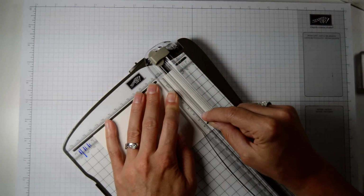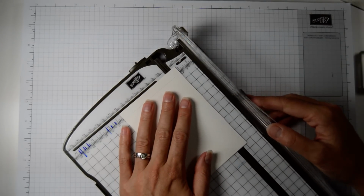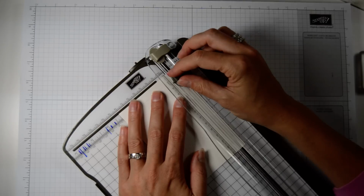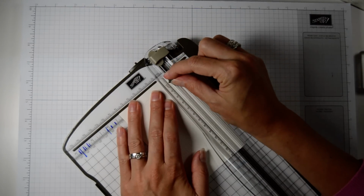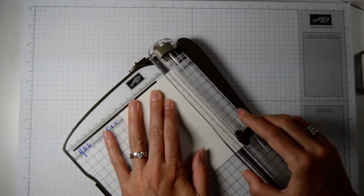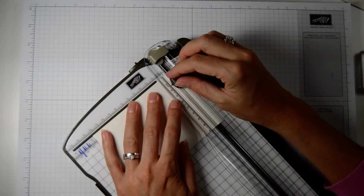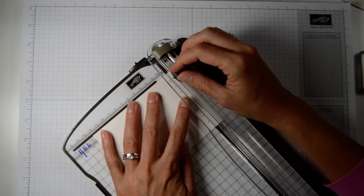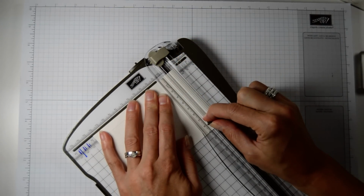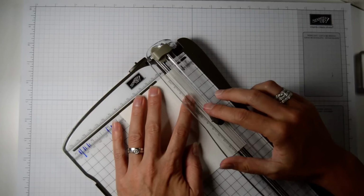And you stop cutting right there. Then you take this out, you turn it, you put it to 1 centimeter again, and that should be right. Then we start again from 1 centimeter, and you cut it to just below the 12 because it's just 13 and a little bit. Turn it round again, 1 centimeter on the 1 centimeter mark there, and you cut to just below the 8. Then again, so you do this for all 4 sides,